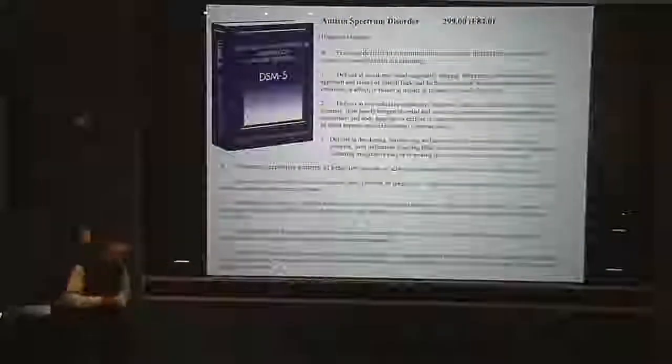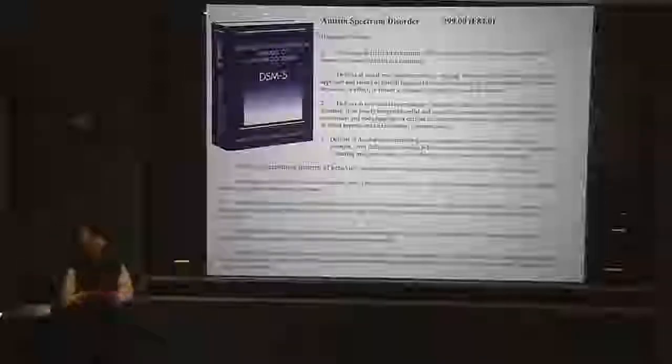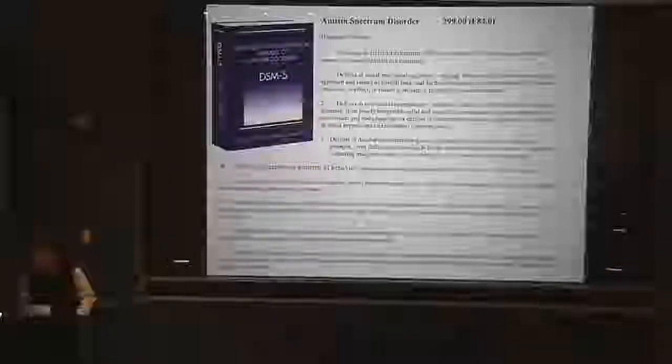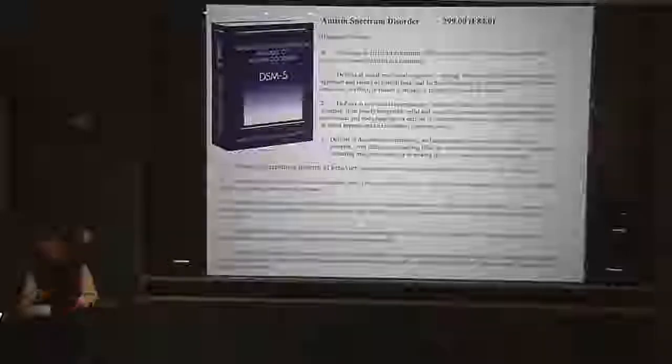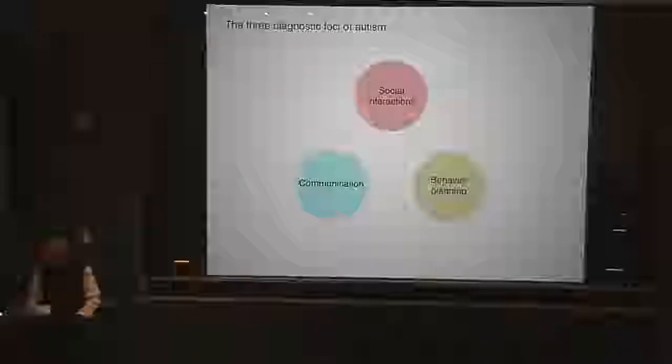then, if we fast forward several years, and I began to learn about the complexity of the autism phenotype and how there were many different aspects of behavior that are affected by the condition, the question that occurred to me was, might there be some common threads that link these diagnostic domains of communication, social interactions, and behavior? So are these three foci, do they share any common threads?